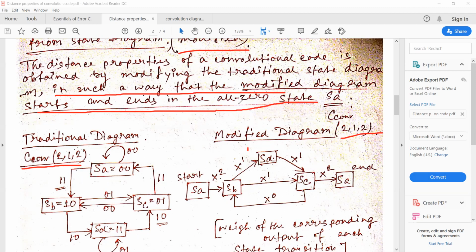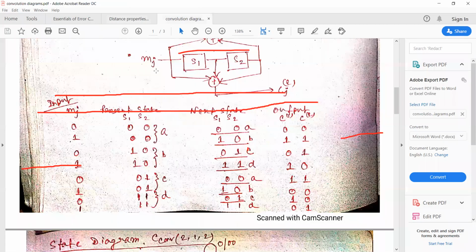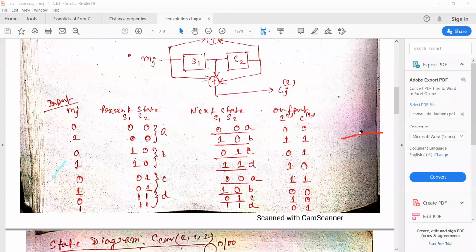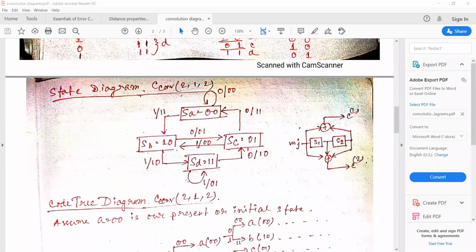Okay, so keeping in mind this very important point, that the modified state diagram will start and end in the all zero state, which is SA, I'm just going to the previous lecture. This was our previous lecture. So just let me erase it. From this previous lecture, you will find in your previous lecture